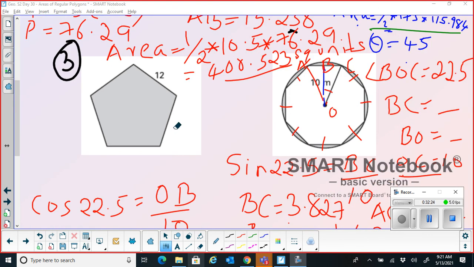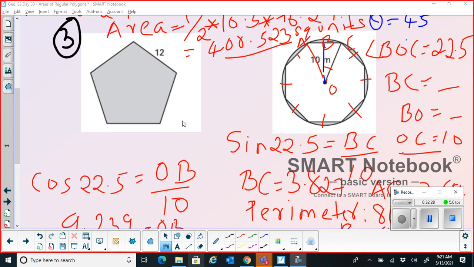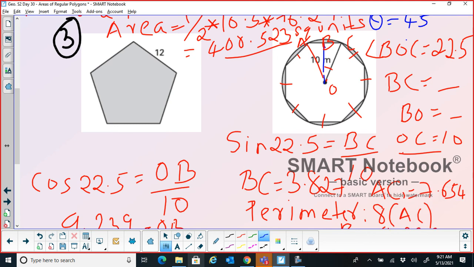Same way, the majority of you should have already solved this third problem, but in case you want me to solve it real quick, I'll solve this particular problem as well. It's a pentagon, so 360 divided by 5 gives us 72, and divided by 2 gives us 36. So when we are working on this problem, we will be only using 36 degrees. And this particular side is 6 units.